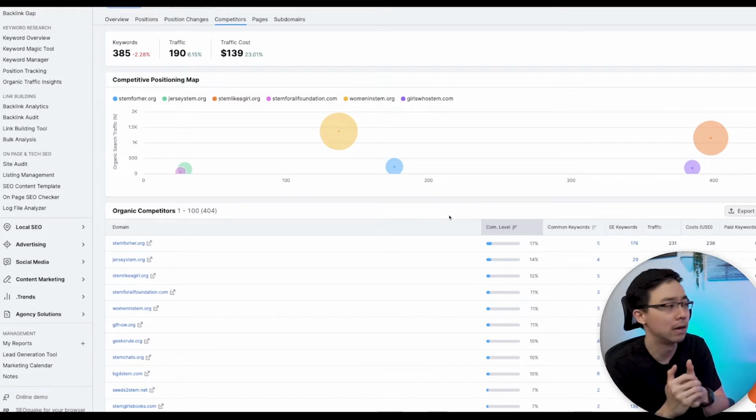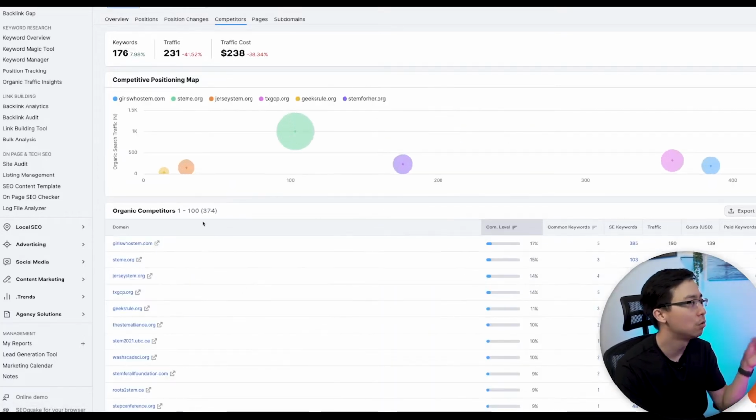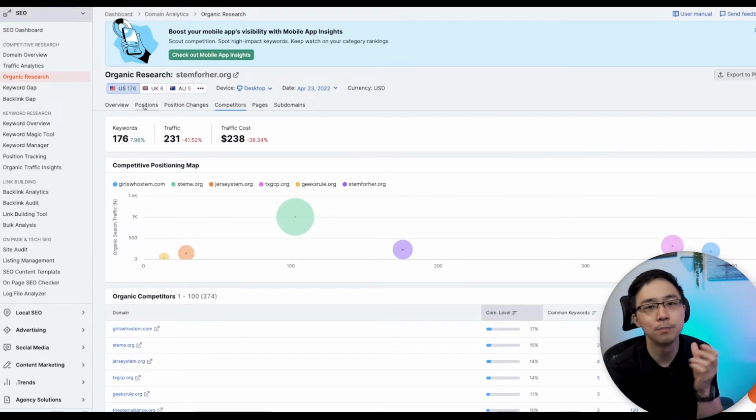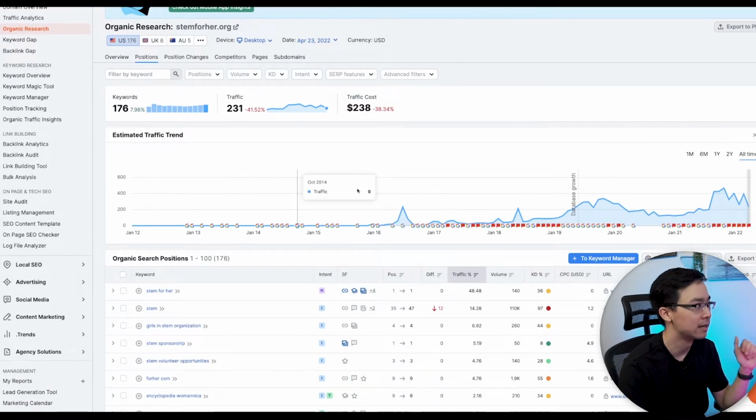of cares about. So in this situation, what I can do is I can actually go ahead and just click into this particular domain in SEMrush, and it's going to pull up that domain in SEMrush. And then what you can do is you can actually go into the position section to see exactly what this particular site is ranking really well for.